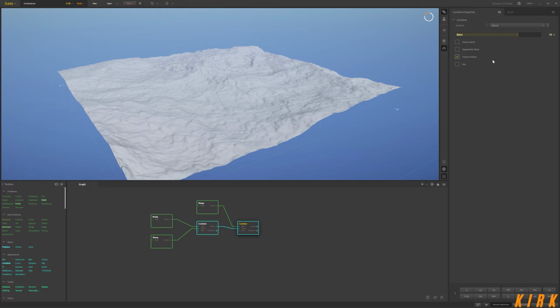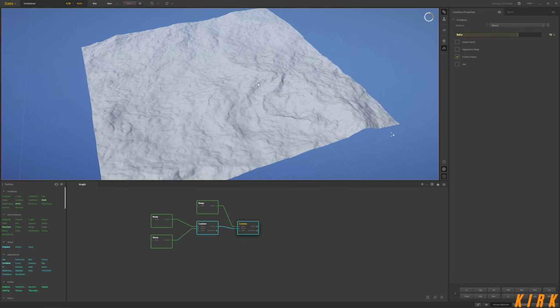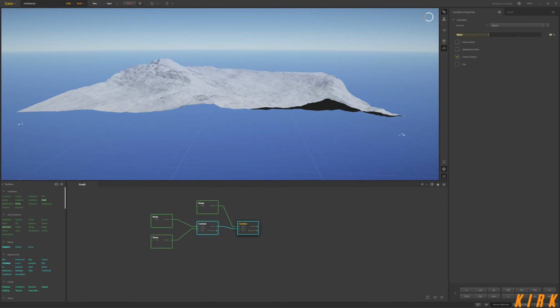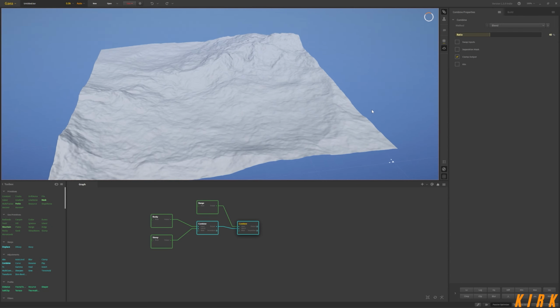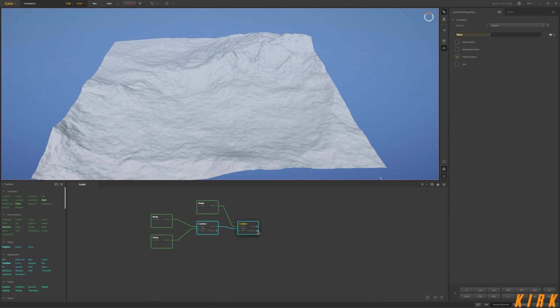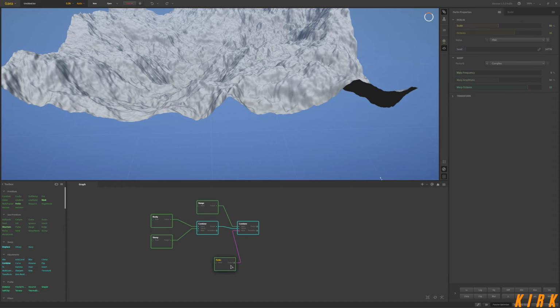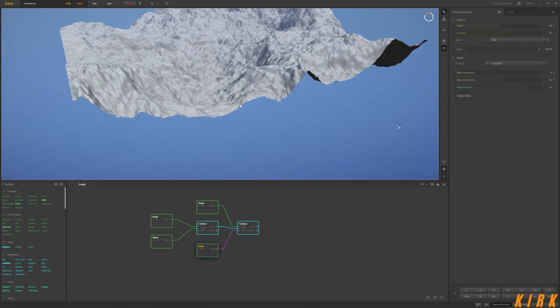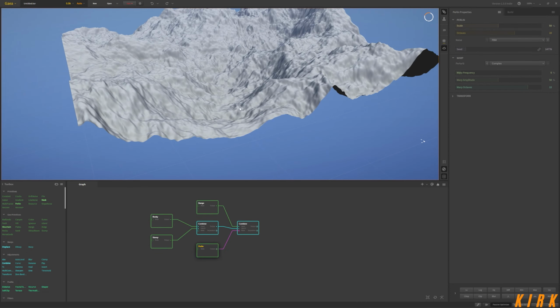It's all about experimenting, guys, and finding a good range for what you want. I did prefer it; I'm going to go for like a 40% here. That looks quite good, like so. And then I shall drag off that mask, favorites, and then I'm going to get a perlin mask, and there you go. That's completely destroyed it. That's essentially what you can do, guys. You can add masks to it as well,